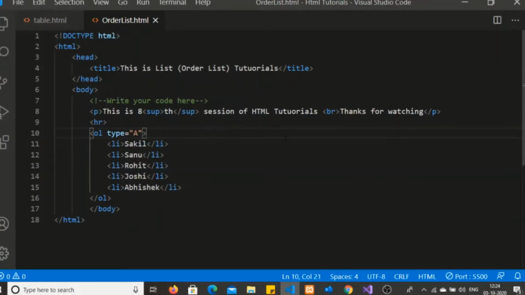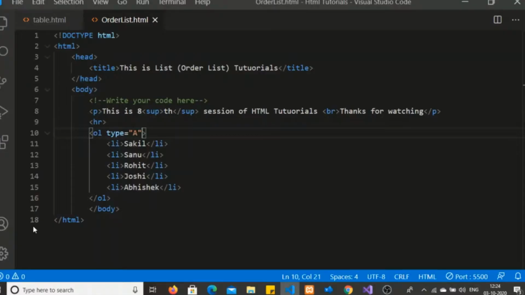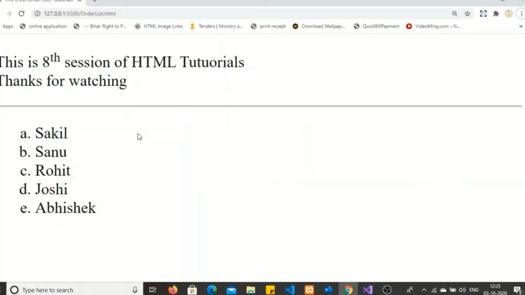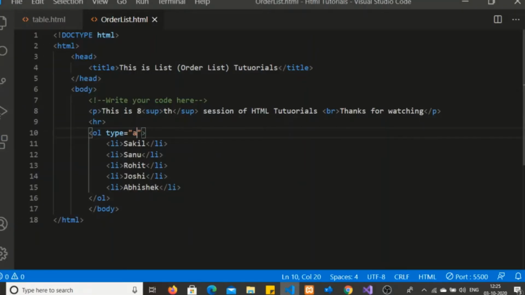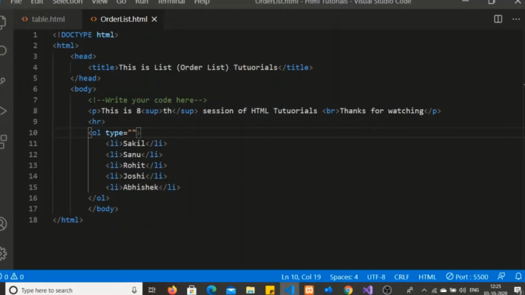If I go to the browser, you may see this list has now changed. Earlier it was numbered, but now it is uppercase alphabets. If I change it to lowercase, the list will change. Similarly, if I change to Roman characters, a small i will give lowercase Roman.